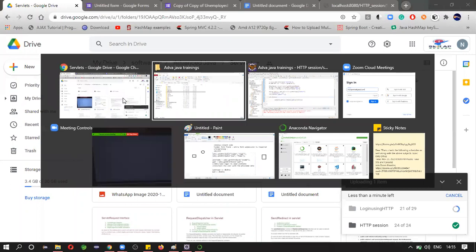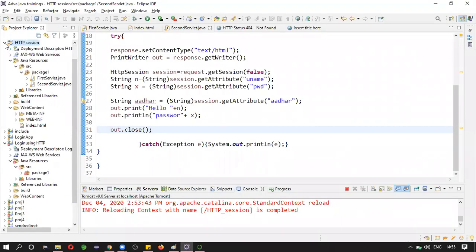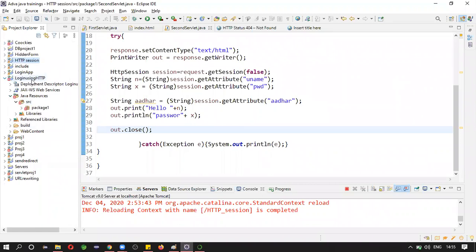This is also written. Just try to run and analyze what is happening. If you have any doubts, you can ask me in the WhatsApp group. Okay.